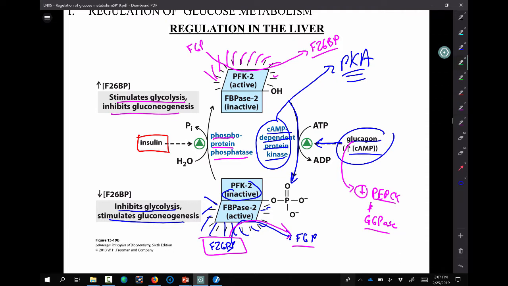Now, on the other half of this, insulin, this is what we ended with. On the other half of this, insulin leads to the activation of a phosphoprotein phosphatase that will remove that phosphate, activating the PFK2 domain, the kinase domain, and that will then produce fructose 2,6-bisphosphate, and that will lead to activation of glycolysis, and the liver will start to absorb glucose. Insulin, interestingly, will inhibit the genetic expression of PepCK and glucose 6-phosphatase. So those levels will start to drop when insulin, specifically sustained insulin signaling, is present.